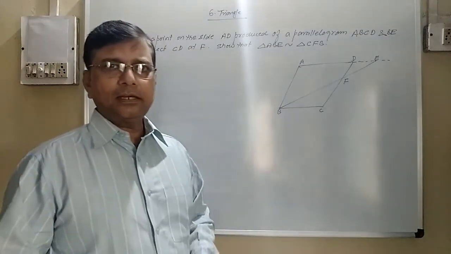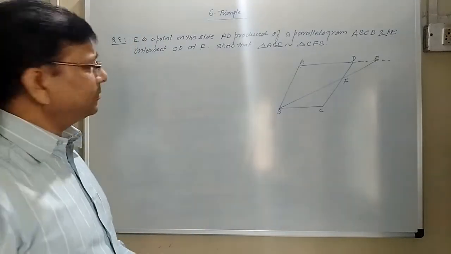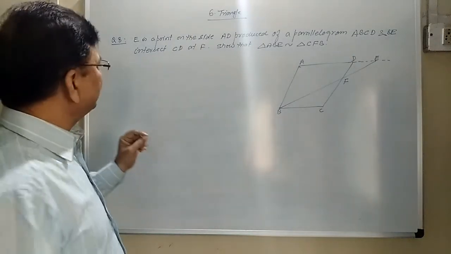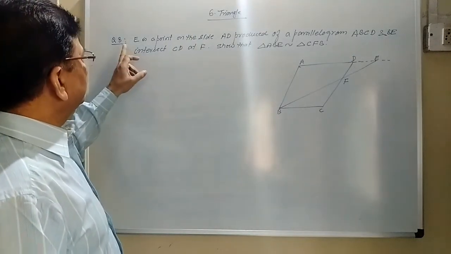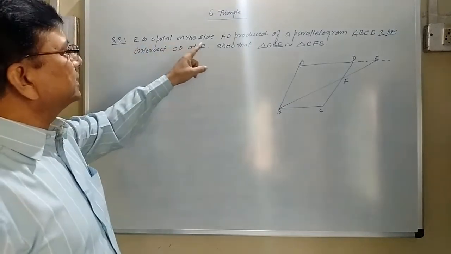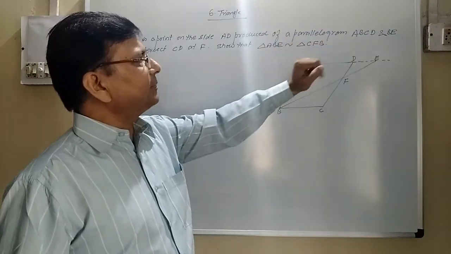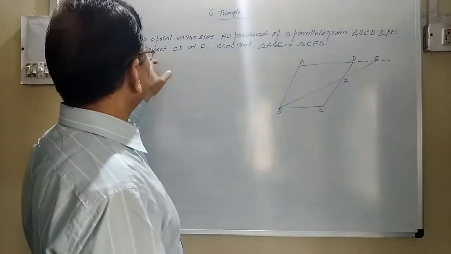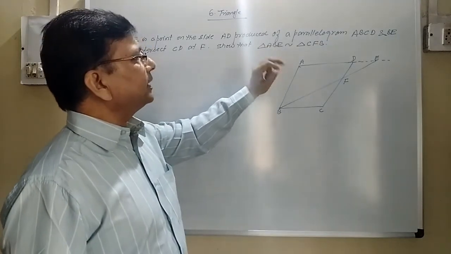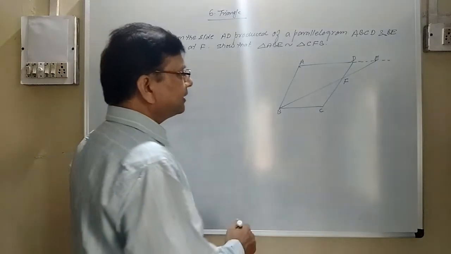Dear students, in the last lecture we had solved up to question number 7 of the same chapter. Now we will proceed with question number 8. Question number 8 is: E is a point on the side AD produced of a parallelogram ABCD and BE intersects CD at F, so that triangle ABE is similar to triangle CFB. It is given that